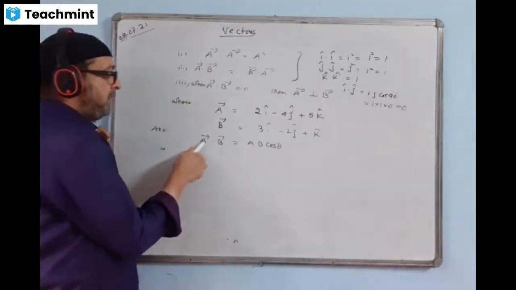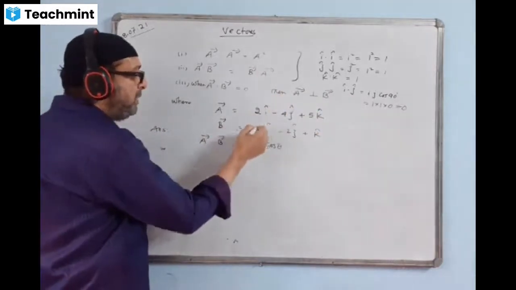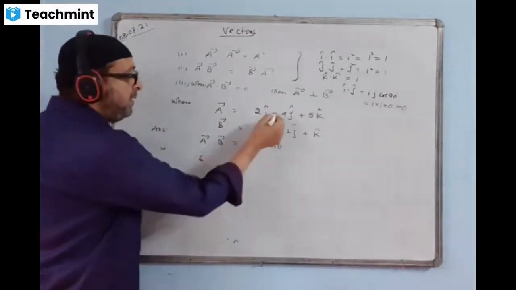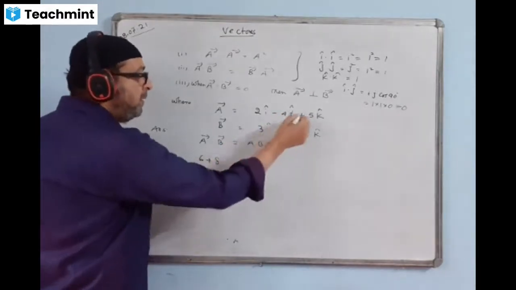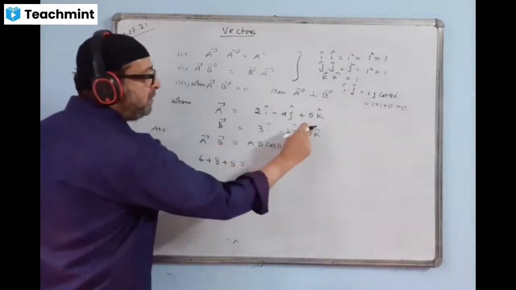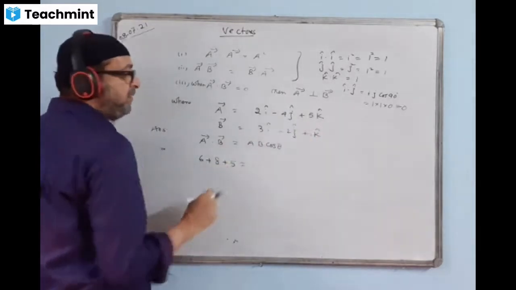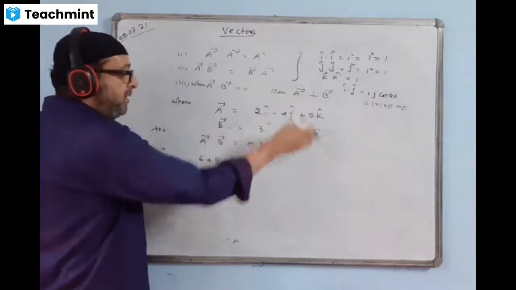A dot B. Let us take the dot product between i, j, k. How do we take the dot product? 2 3s are 6. This side I write as 6 minus times minus, 4 2s are 8, plus 5 1s are 5. Nothing is there, that means 1 is there. So 5 into 1, I will multiply and write answer 5.